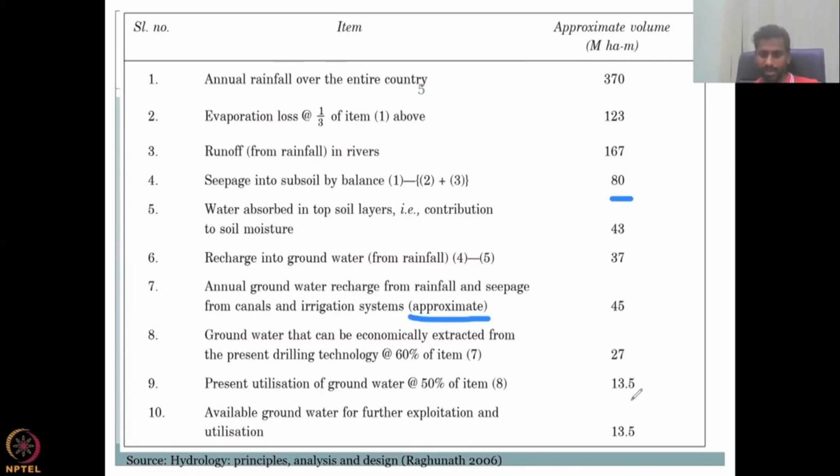So let's say 50% of 8, or a 50% reduction, is 13.5. So available groundwater for future exploitation is the remaining 50%. Okay, 50% is utilized, 50% is remaining. So that is 13.5. So you see here how the water balance equation is set up in the mind,